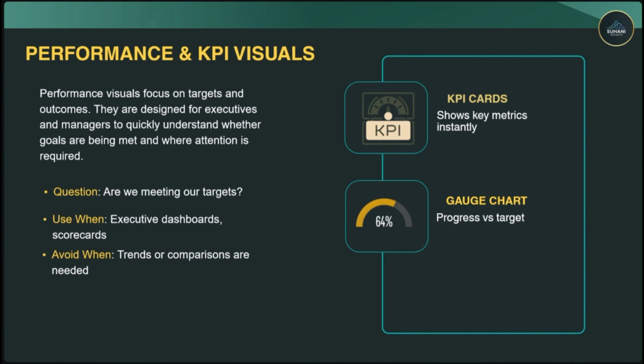To explain this, by trends and comparison I mean, okay, if I want to see the January sales, February sales, March sales, April sales, May sales, all the month sales, then these KPIs will not be used. I'll not be making 12 different KPIs. Then I'll be making a bar chart if I want to focus on the values, or a line chart if I want to see the trend, how the sales are different or how the sales are going. So that's why KPIs will not be used. This KPI should only be used where we want to showcase the main targets, or where we want to give attention to what's mostly required.